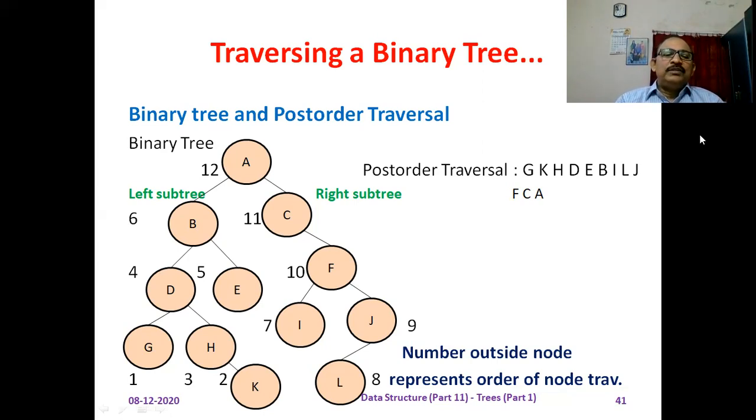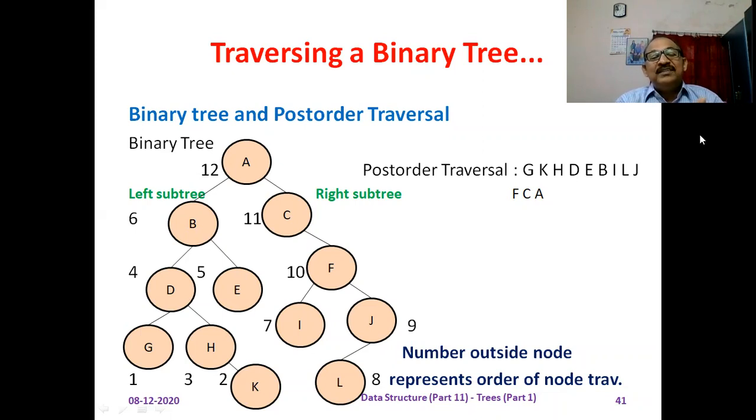And what is the suspended activity? The right subtree of G. Here you can see the right subtree of G is null. Next suspended activity, processing of the root node. And what is the root node? G. Therefore, here we print the contents of the root node G, and G is printed on the screen. The first node which is printed on the screen is G.